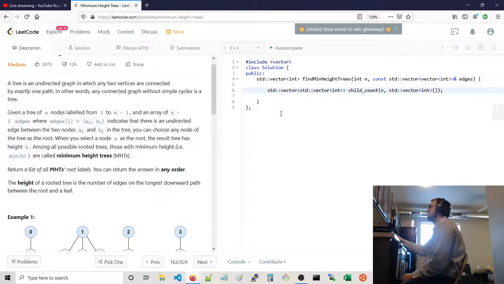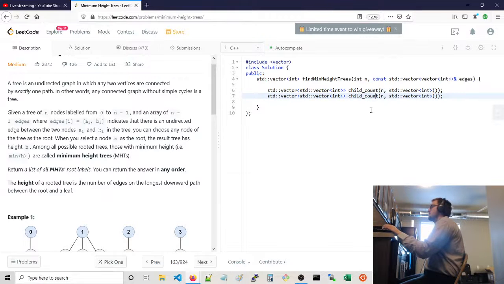We want really like two things: child count and children,